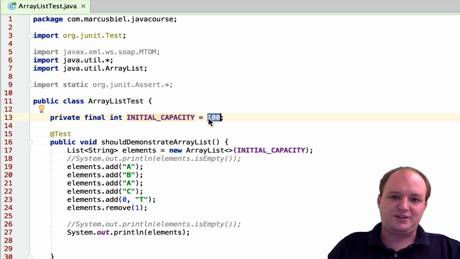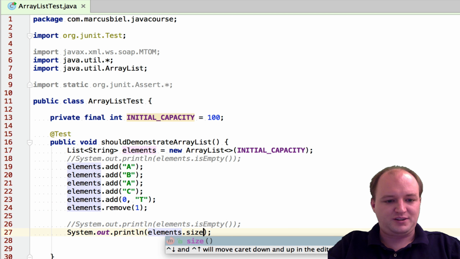I mean, really, as I said in my slides, you should really think carefully about the number of elements that you need. Just here it's different because we're playing around, because I want to show you the difference again in an example between the capacity and the size. The size of the list is the number of elements, and not the capacity.